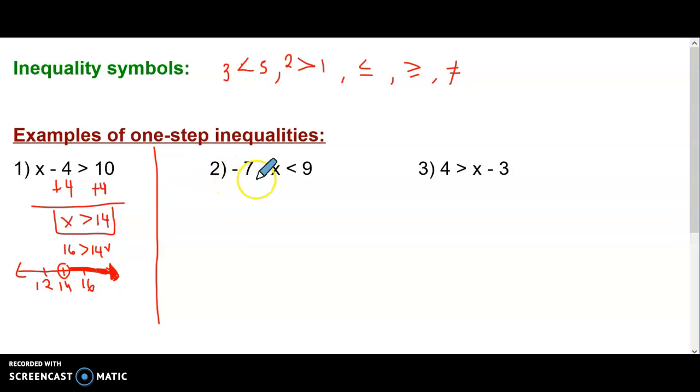Second inequality. I need x by itself. So the first thing is get rid of the negative 7, plus 7. I have negative x, when I clean this up, is less than 9 plus 7 is 16. Now, there's a slight problem here. I'm not done yet. I have to get rid of this negative. And in math, to get rid of a negative, you either multiply or divide by negative 1. Either way. So if I divide by negative 1, you need to remember that dividing by a negative means switch